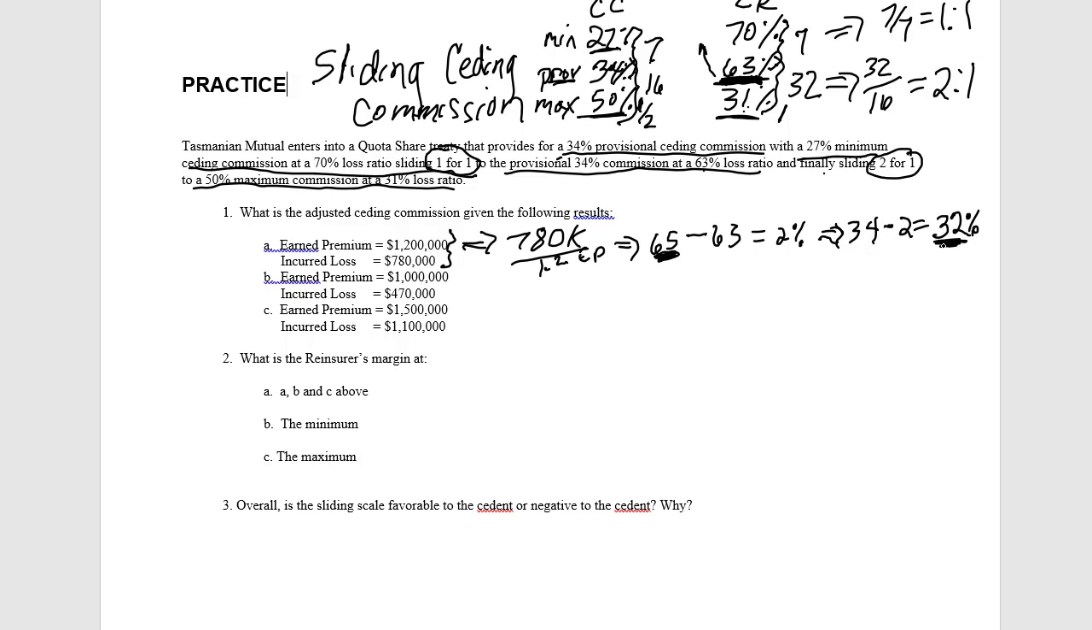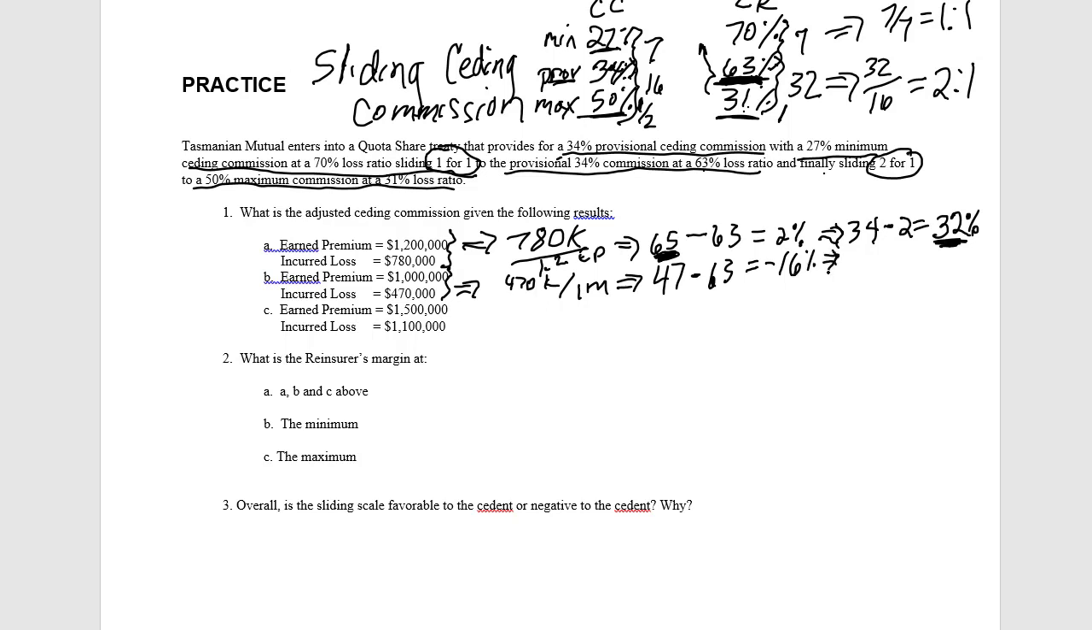The next loss ratio is $470,000 divided by 1 million for a loss ratio of 47%. So in this case, we're down here. 47 minus our provisional of 63. This will give us a negative number, but it will tell us how much it needs to move, is negative